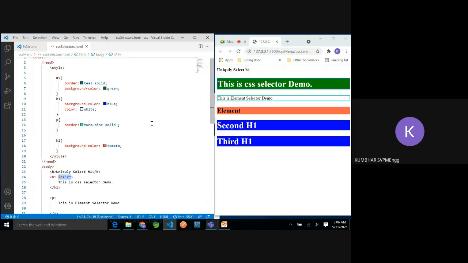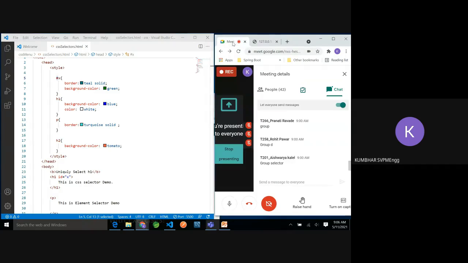So for the ID selector, you have to write ID equal to, give some name to that ID, and with that ID you can uniquely identify that tag, and for that we have to use hash. Okay, do you understand the ID selector? Any confusion in this? Any query?